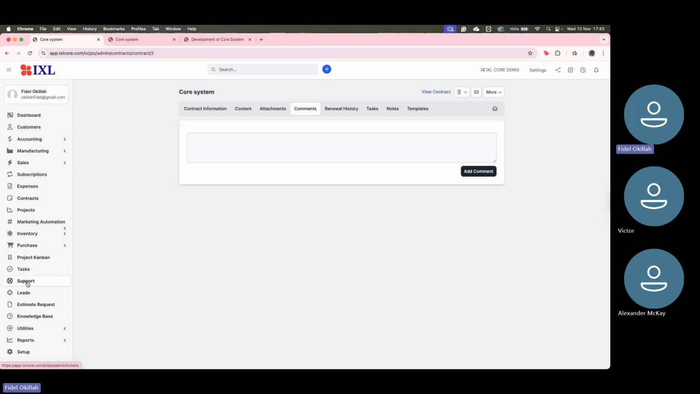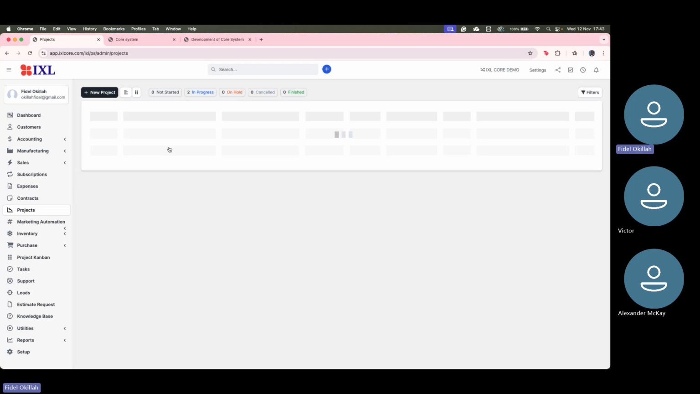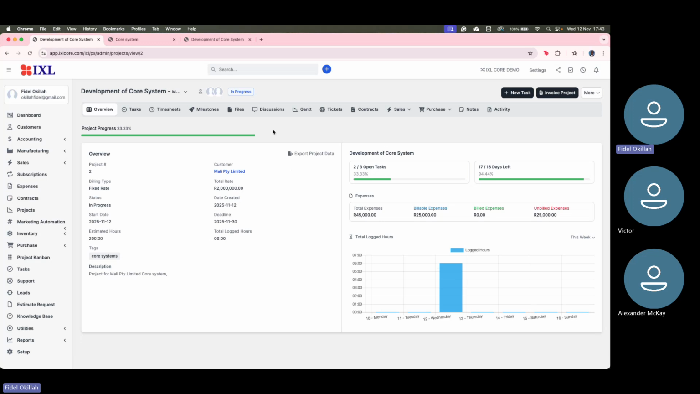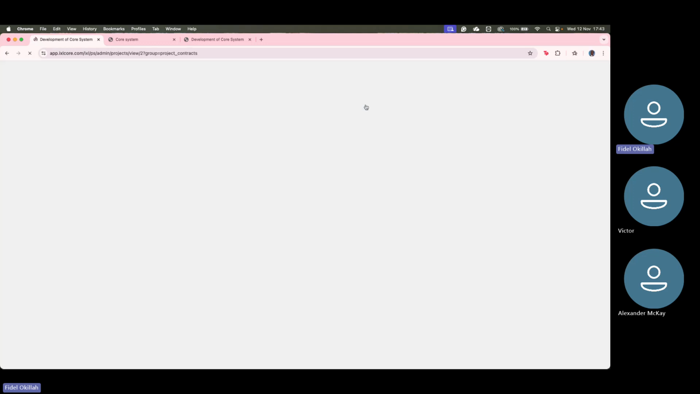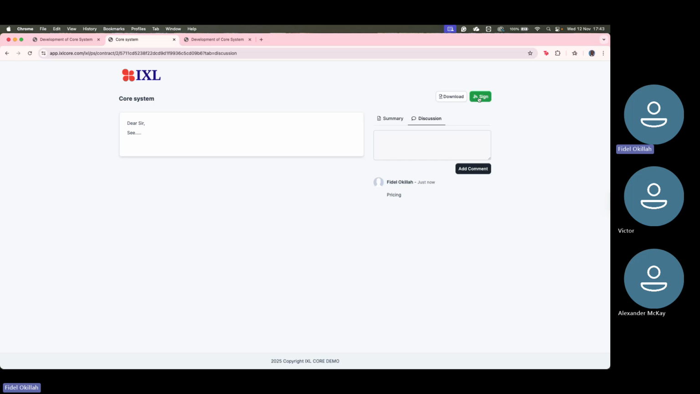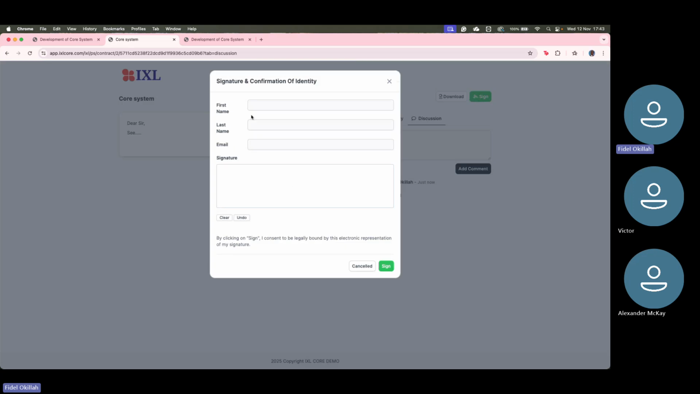So when I go back to the projects, on my left, I have my projects module. From the project module, I can see the project we are looking at, that is development of core system. And now from this development of core system, we can see the contract that we've just created under this client. The contract has not been signed, meaning once the contract signs, they put in their name,